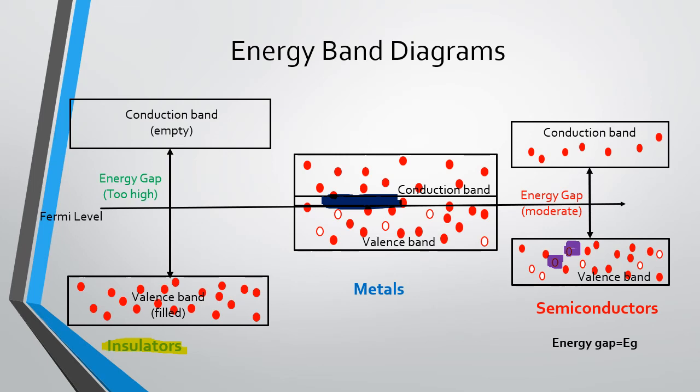In semiconductors, there are two types of semiconductors, intrinsic and extrinsic. This is a pure semiconductor. So here no doping is given to the semiconductor. So we cannot say whether the Fermi level will be nearer to the conduction band or nearer to the valence band. Therefore, the Fermi level is at the center.